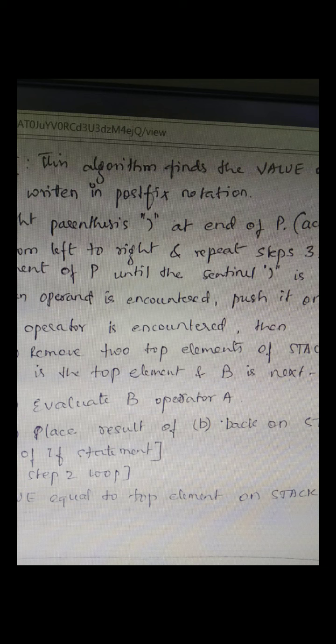Again, if I encounter one more value, in the expression 2 3 plus 6 star, I store 6 onto the stack. Next I encounter the star symbol, so I pop 6 and the stored 5, and perform the star operation. 6 star 6 is 36, and I store that result onto the stack. Now the expression is not containing anything. After scanning the star symbol, nothing is left, hence I pop the 36 from the stack, and that is my final result.